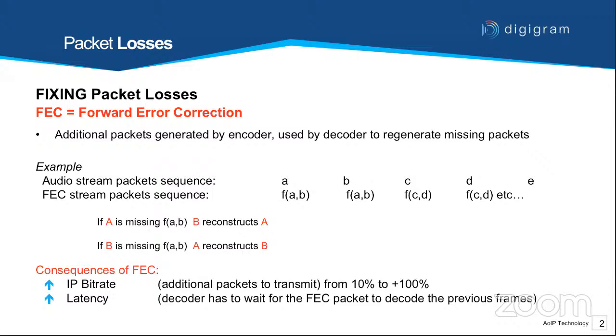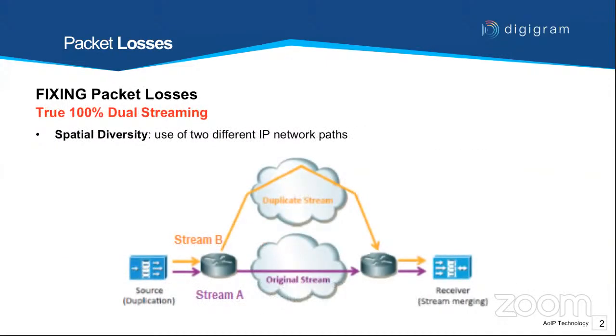When you add error correction, you're telling the decoder to take the time to decode those extra packets of information to reconstruct the original stream without any glitches. So it's going to take more time, and it's obviously going to raise the IP bit rate because you're putting more pressure on the network. So you want to minimize the amount of forward error correction you use unless it's absolutely necessary. So that's number two. The number three thing, and probably the biggest difference that Digigram provides versus other solutions out there,